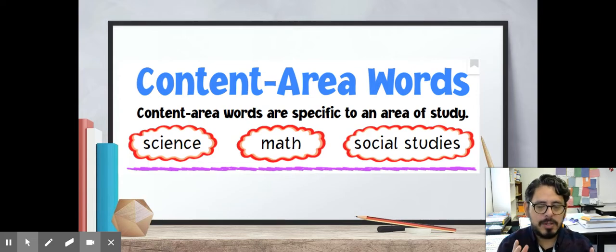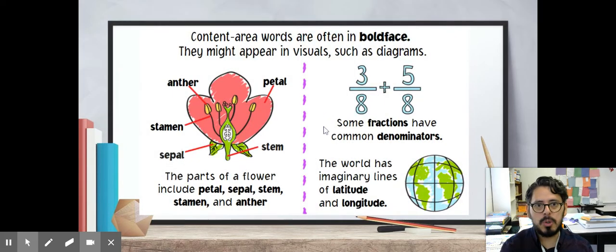And the same is true for math or social studies, but those are specific to one topic. That's why it's called content area words, because they're just linked to a content. And they are often written in boldface, like in bold, thick letters, and they might appear in visuals such as